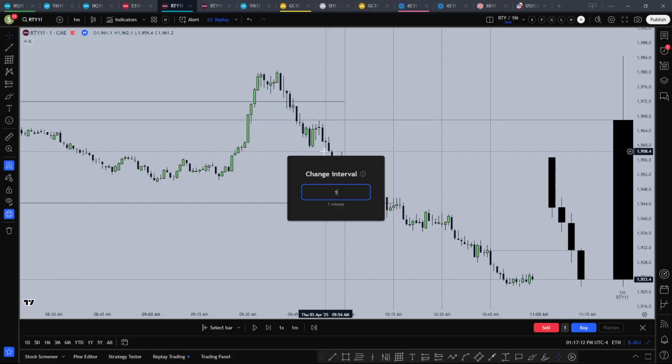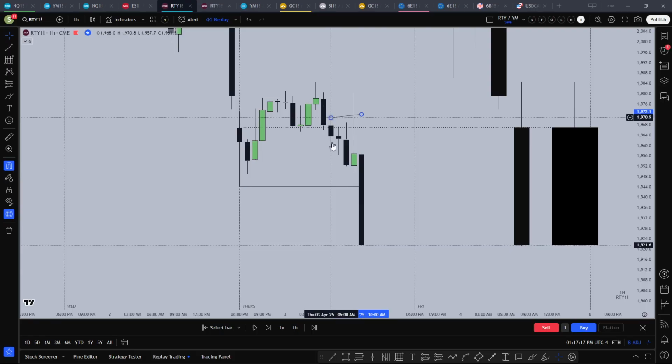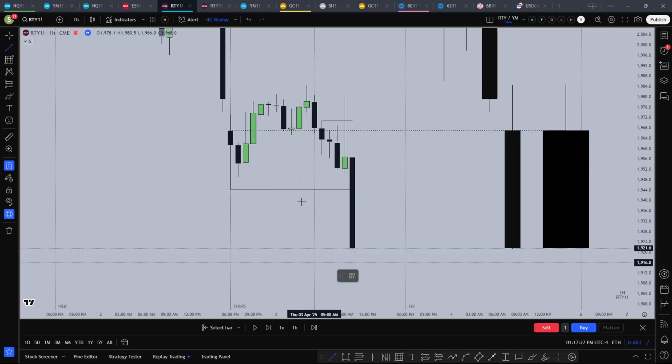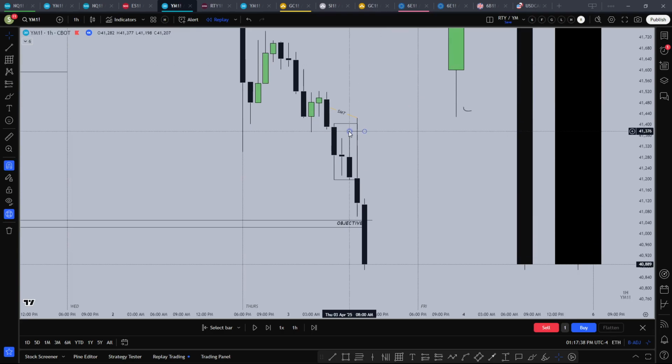So next day, which is Friday, this move back up was a retracement objective being met. So 9 a.m. retracement, 10 a.m. expansion to the low of the day objective. Established high, open high, move lower, this move higher being retracement. What about YM? This move higher being a retracement objective, internal level, which is 6 a.m. high. Once it hits the retracement objective, it immediately displaces away towards the objective.